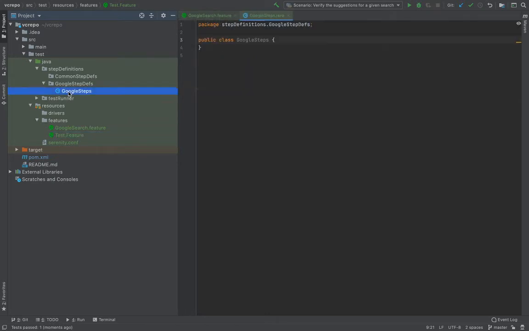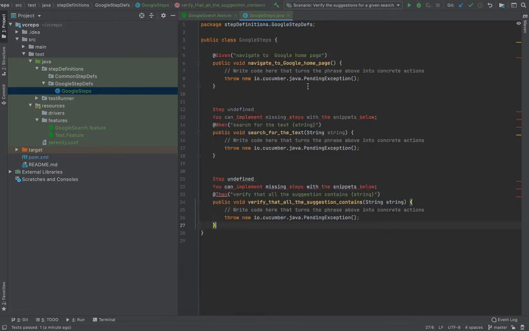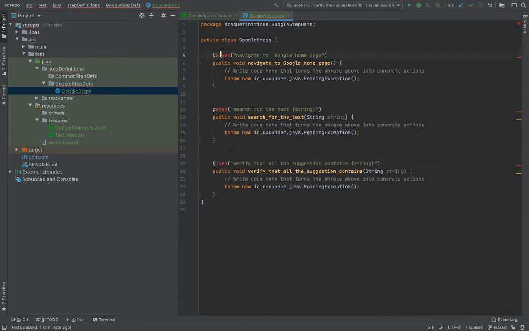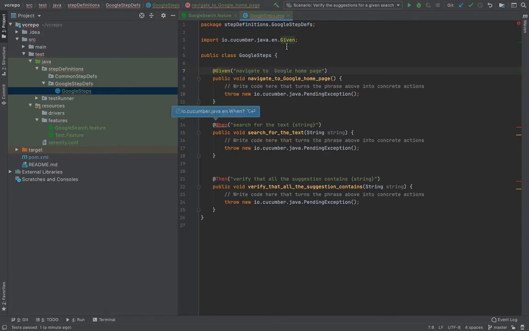Here I have written one class called Google steps. In this I'll be putting our code snippets. Now you can see we are getting so many exceptions here because this is already there. Just remove this, and now remove this as well, and you can see given, just press Alt Enter. All the repository will be imported.